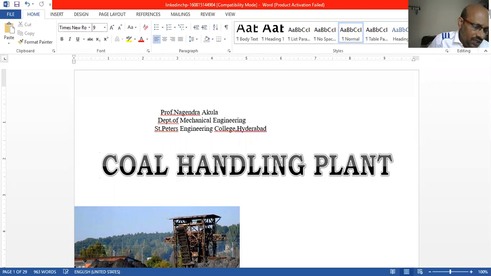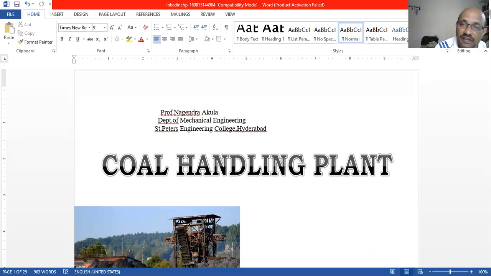First of all, there is transporting from one point to another point, that is coal transportation. With the help of this, there are various stages for coal handling. How are we going to handle that coal? When fuels are involved, handling is most important. If handling is not proper, it is very difficult to handle.